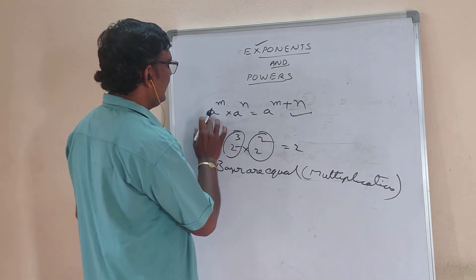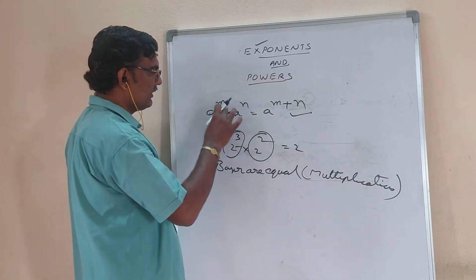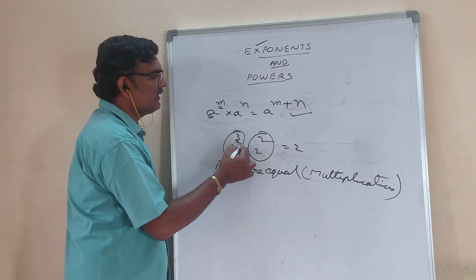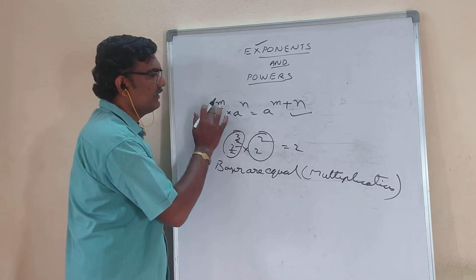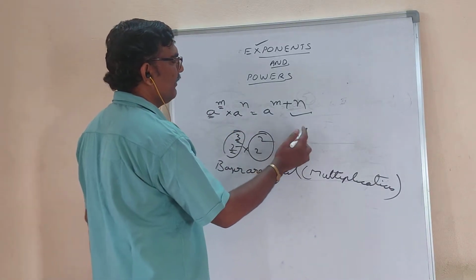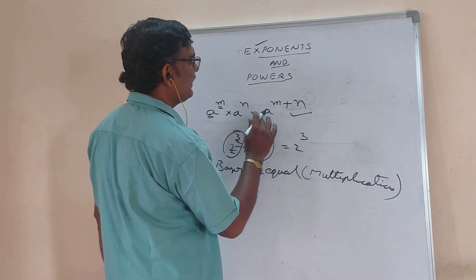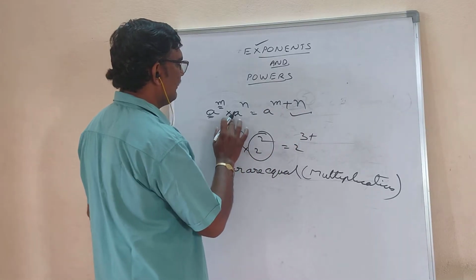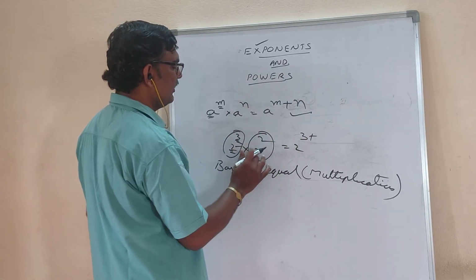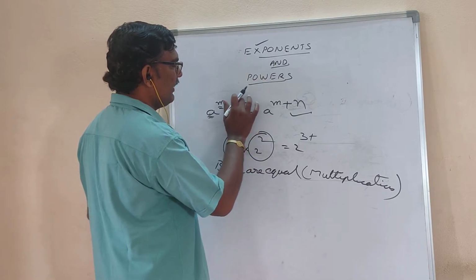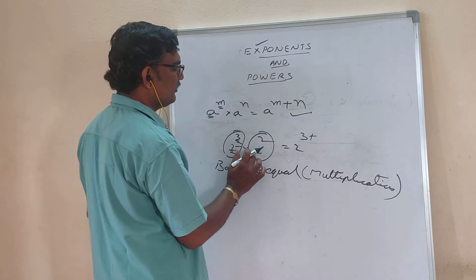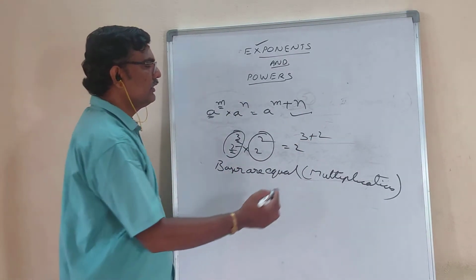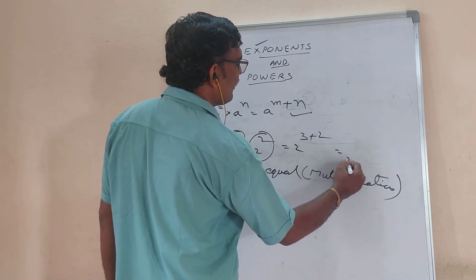Next, in a to the power m, compare this with this one. So a is there, 2 is there, m is there, 3 is there. In place of m, what do you have here? 3. So for this 2 power, in place of m, you have to write 3. After m, what symbol is there? Plus n. N means, for the second number, a power n, you have 2 square, so in place of n you also have 2. A is 2, n is 2. In place of n you have to write 2. So the base, as it is, you have to write it.